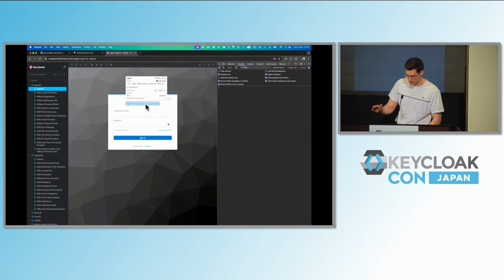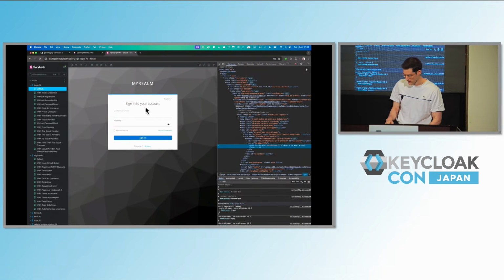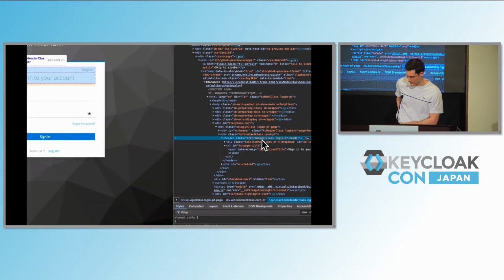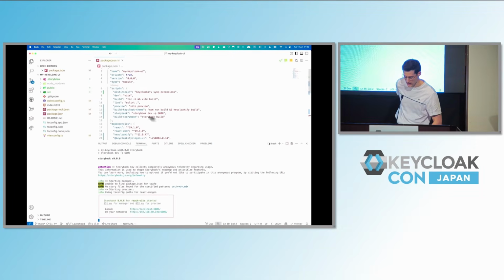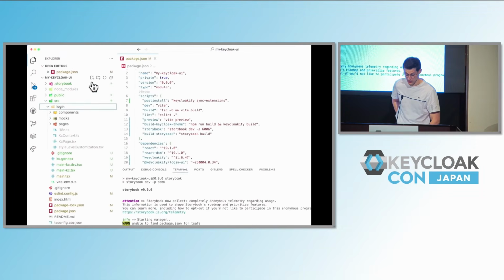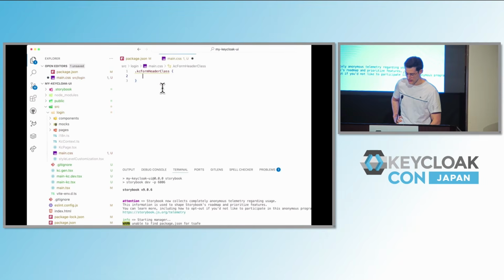customization with only CSS. So I open the inspector and I try to look at what I want to customize. So for example, this header here. And if I look, I see that there is a standardized way of applying classes here. So most elements have a KC something class, and those classes aren't for actually applying styles. They have no style applied to them, but they are targets for you to apply your custom style. So I'm gonna copy this KC form header class, and I will just create a main.css file where I apply